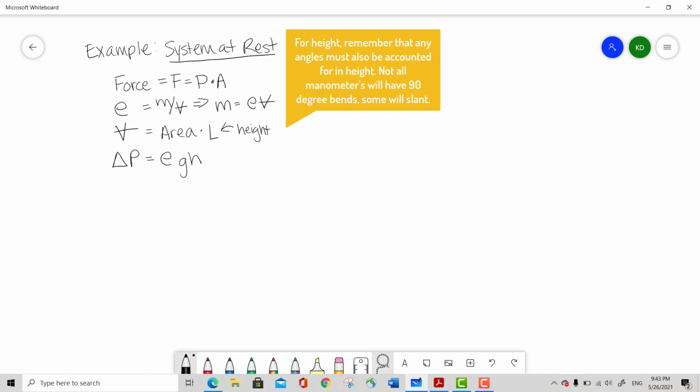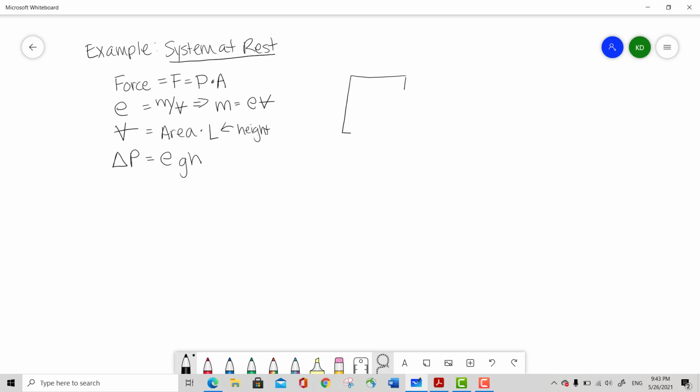Okay, so let's draw our schematic. Down and up. I'm going to try and draw it big for you guys so that you can really see. And they're usually not slanted like this. It's just your wonderful example. Okay, so if we've got our fluid in here, and this is A, so this spot right here is A,